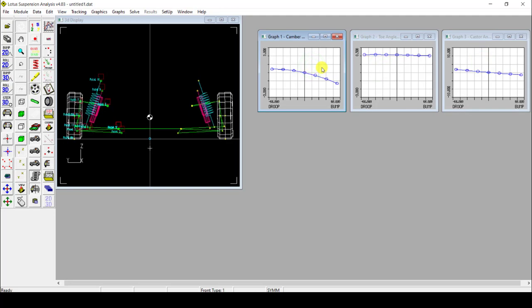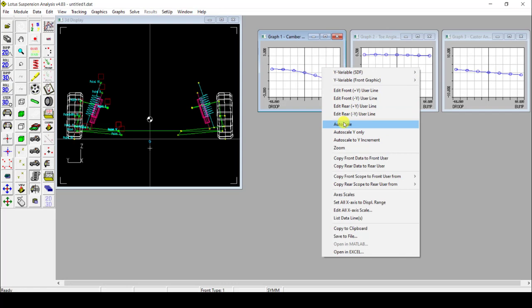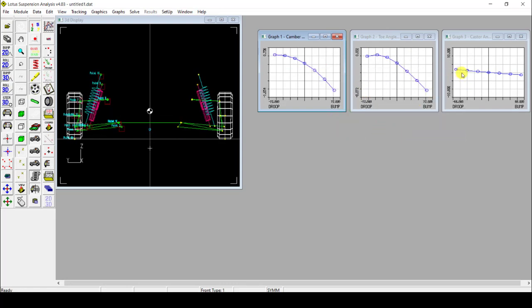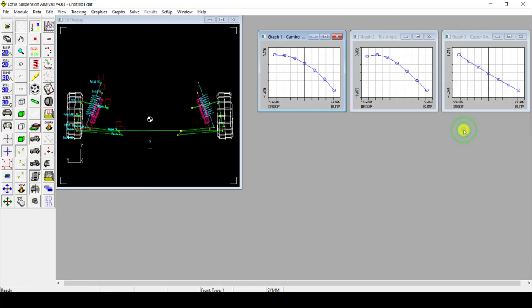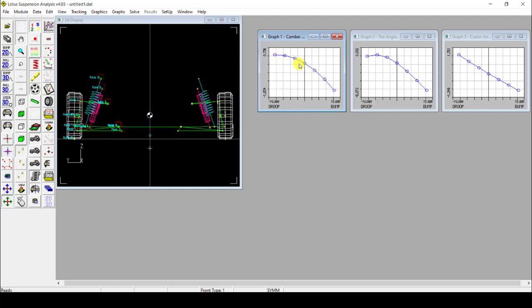One thing you have to do is right click on each of the graphs and auto scale them for a clearer view of the angles. So if I have to read these graphs which are generated, you will find that when this tire is going in a drop, meaning when it is traveling down to 72 mm, the tire is gaining a positive camber of 0.756, which is very less. And again, when it is traveling up, it is gaining a negative camber of minus 1.654, which is